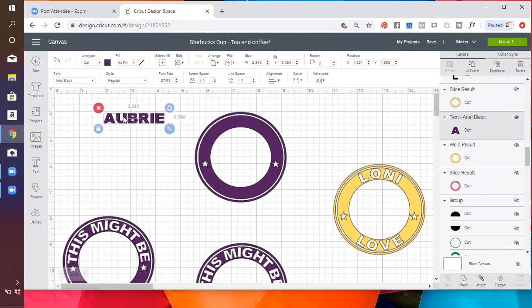And it's a free font. The style is regular. And the thing that you want to pay attention to with this is the height, the size. So the height that I make my letters is 0.384. And one of the reasons why I wanted to do this tutorial is because when I was looking for some help with doing this,